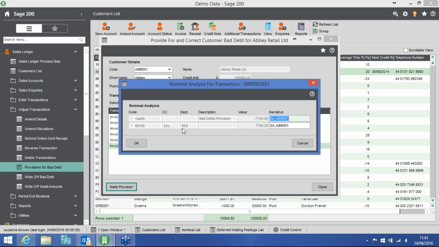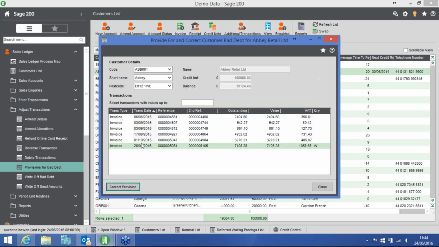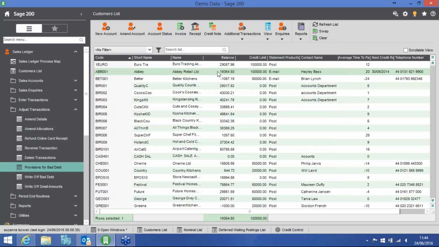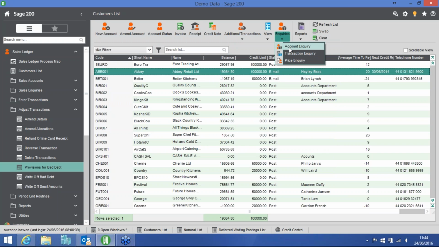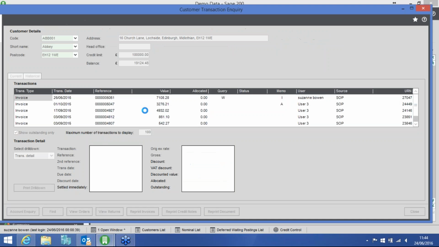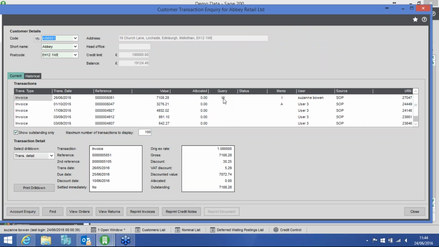So you need to ensure that you have your P&L account set up for all combinations of your cost centers and departments for your customer accounts. Okay, so if you notice, there's now a query here, a W, which is write off. So if I close that and again have a little look at the transactions for that particular account, you'll see there's a query flag there of W